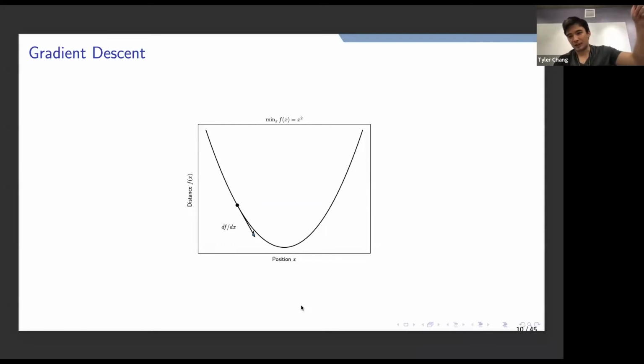iteratively, you pick a location, you look at the negative gradient, and you take a step in that direction, and then you get a new point, you calculate the derivative at that point and keep taking these negative gradient steps until you get to the bottom of your cost function. And then you say, okay, when the gradient gets very small, I'm close to 0, so I'm pretty much done here, right? And of course, this is a 1D example, but